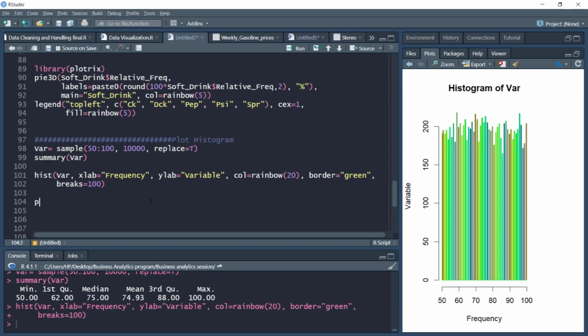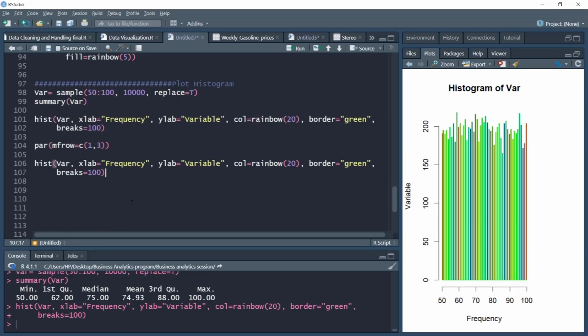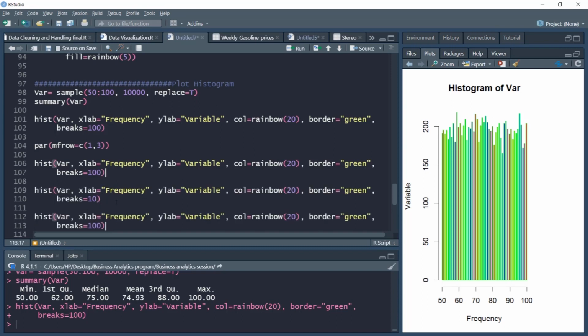So what I'll do is I'll create space for 3 plots, 1,3, and I will change the breaks. I'll create histograms with different breaks: 100 breaks, the next one with 10 breaks, and the other one with a single break, and we'll notice how it works.